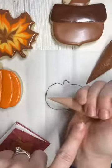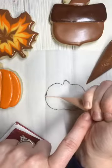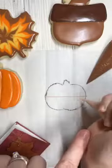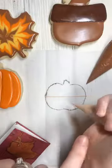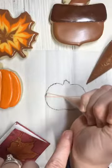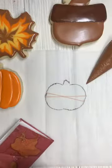And then we're going to go 1 line across. I kind of do it at a diagonal, and then another line across, but wherever I meet them is where the bow is going to go. So if I say, okay, I want them to cross right there, that's where my bow is going to go. Okay,